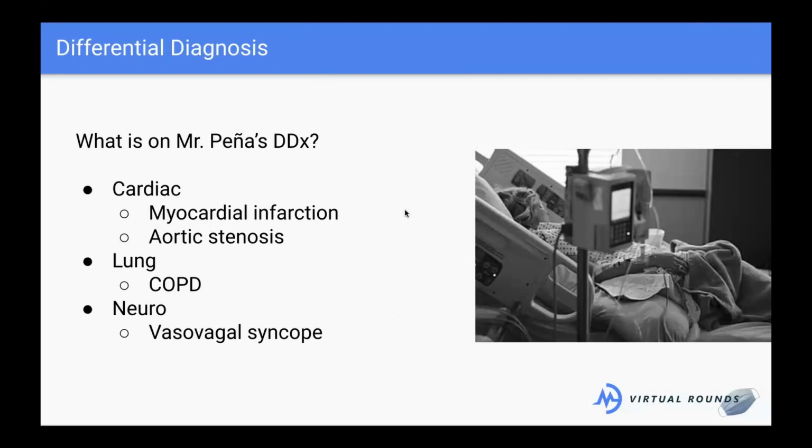So maybe myocardial infarction based on that EKG, but his troponins were negative, so that's definitely lower on the differential. No need to rush him to the cath lab. Aortic stenosis is certainly up there, or aortic valve disease. COPD: his lungs were clear and he didn't have any wheezing, but he has smoked for 40 years, so potentially it could be lung, again very low in the differential. And then someone mentioned, is he drinking water? Is he eating? So vasovagal syncope, perhaps he passed out because he was really dehydrated, but his blood pressure was quite high when he arrived. So that's also much lower on the differential.